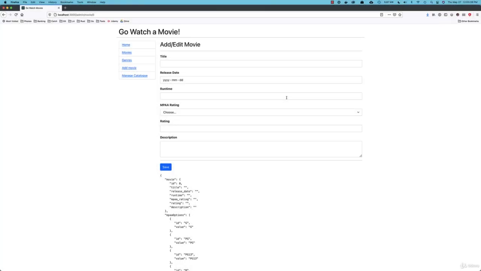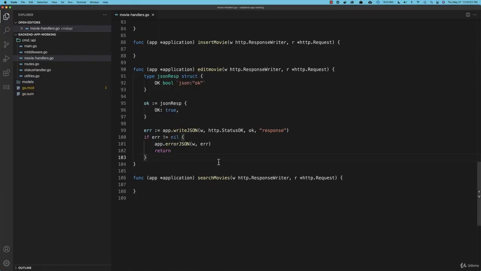So our form seems to be working pretty well so far, and we have validation for only one field, and again, you can add all the validation you want. It should be pretty straightforward at this point. So it would seem that we could go back to our back-end code, and I'm looking at